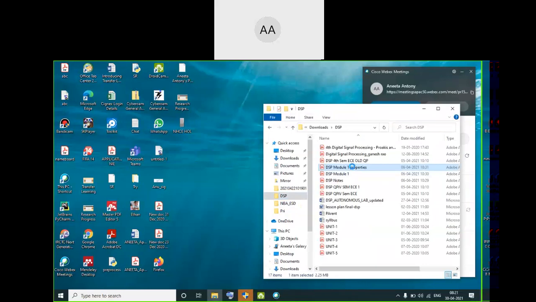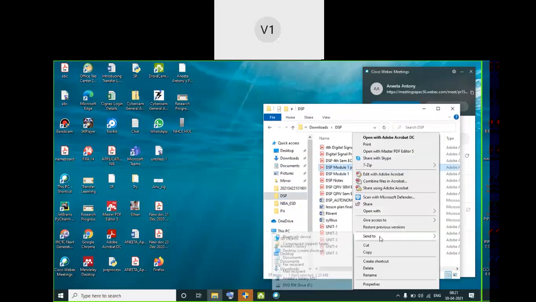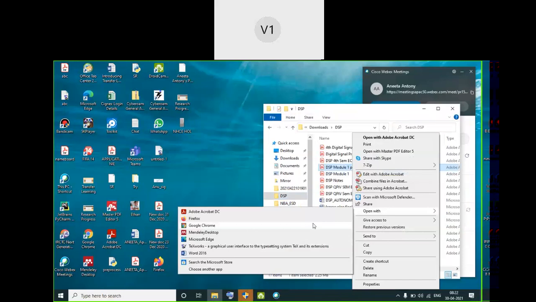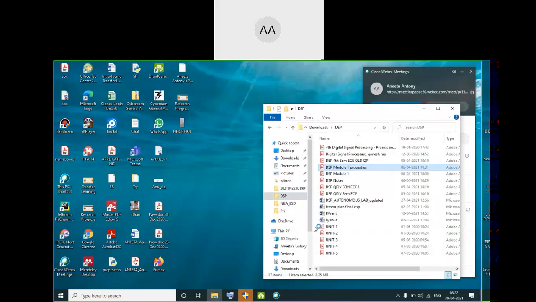Ma'am, the calendar of events which you have put in GC is the old one, ma'am. Is it so? It's there till 2020, when we were in third sem. After that, it's not there, ma'am. Is it the old one? Yes, ma'am. Okay, I'll check that. That is the latest one which I got in my mail, so I thought it's the same thing. Okay, I'll check out.